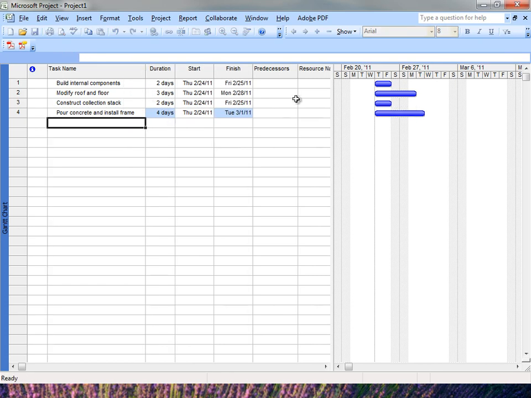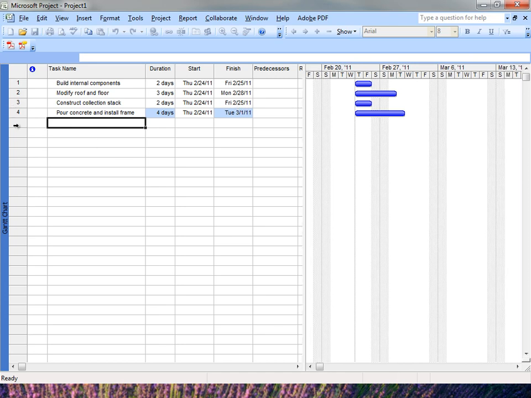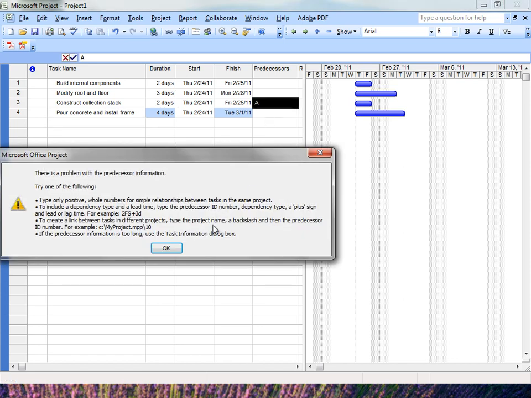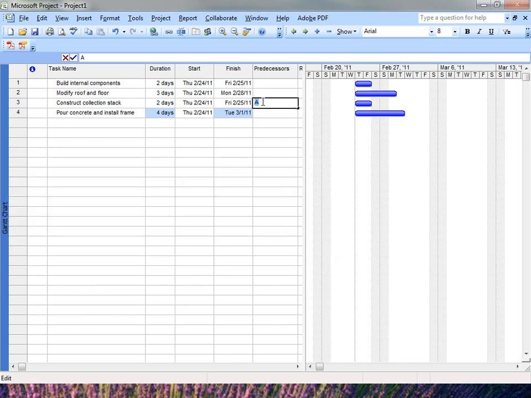I'll make this bigger. Now remember, to start C, I need A to start. I need in this case 1 to start pouring the concrete. I need 1 and 2, A and B, so 1, 2,